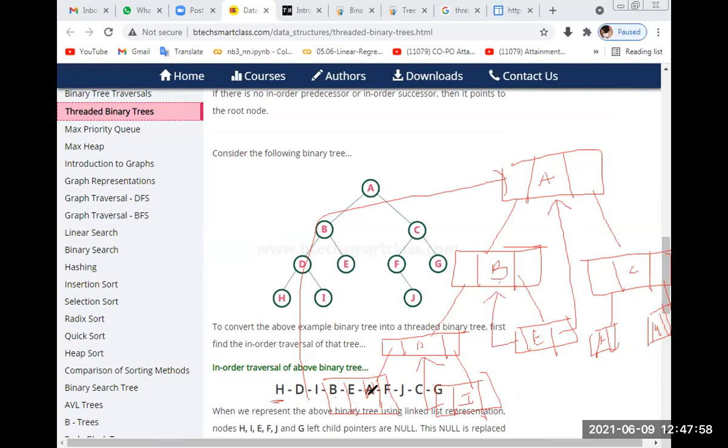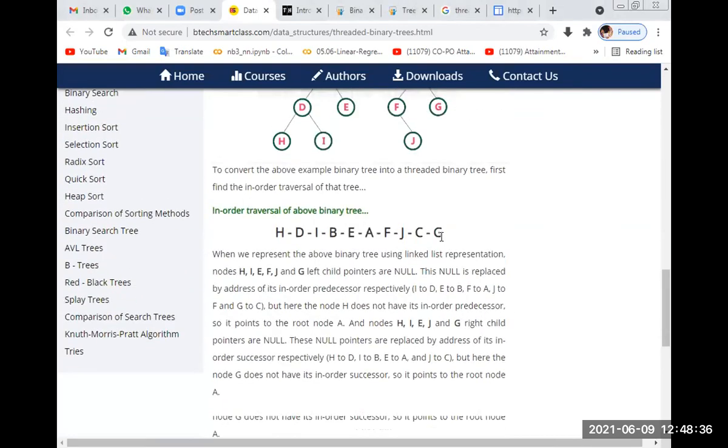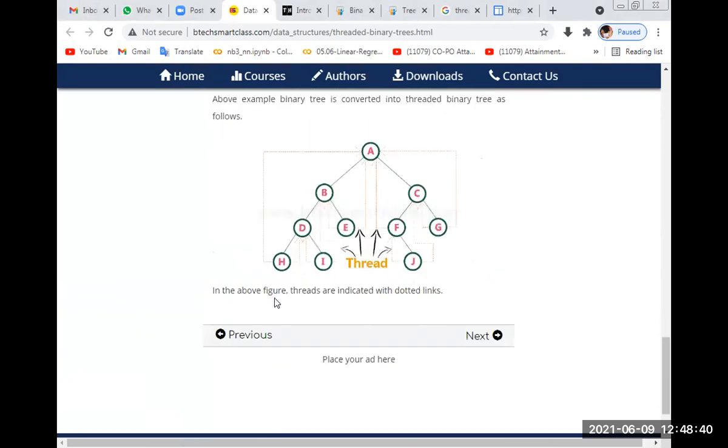Similarly, F has left A and right J. So already there is a right address J there, so left is A and right is J. And G, G's left is C, so on the right you connect A. In this way you have to represent it pictorially. I's right child is connected to B and left is D, and H has D. So how do we connect?